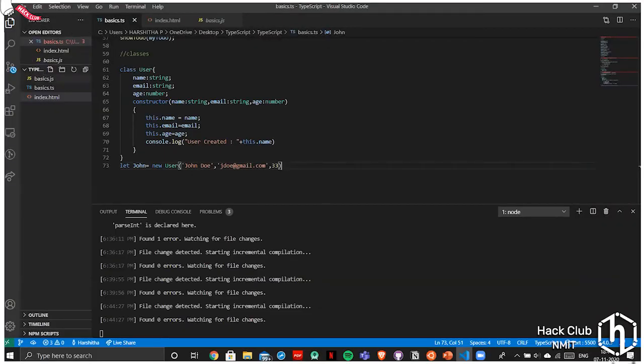Next, we can also change these. We can use our modifiers here, like public, protected, and private. And if you want to do inheritance, you can use protected. And again, you can inherit this class over here. The syntax is all similar.